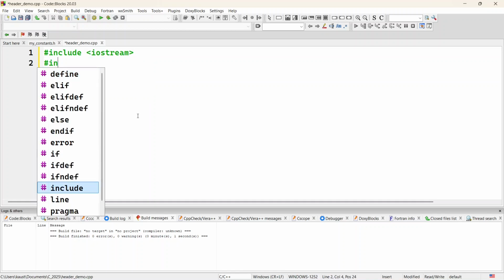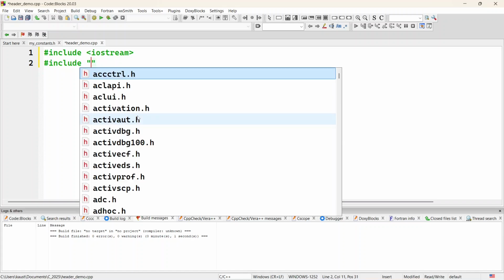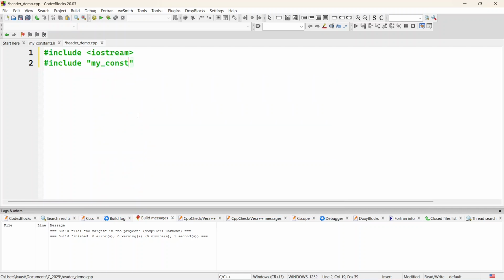Now, I have used angle brackets for a library which is already defined by the system. But now for this library or header file that I have created, I will use double quotes. So I will say my constants dot h. Okay, that's the name of my header file, my constants dot h, using namespace std because we'll be using cout, and then int main, and inside this we have